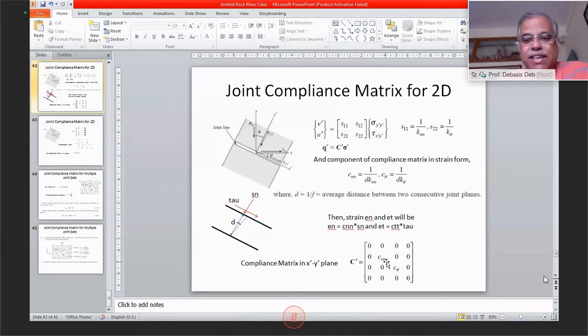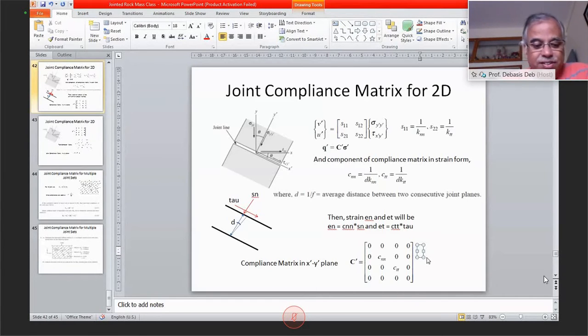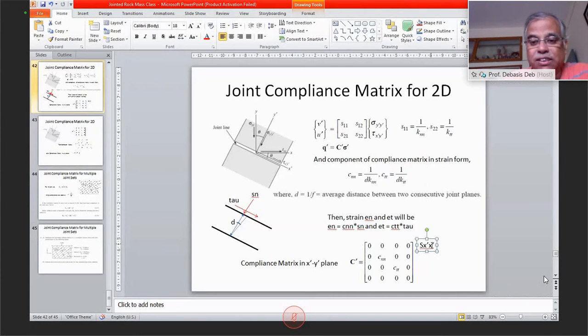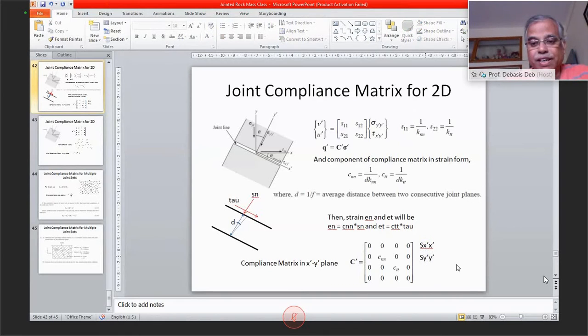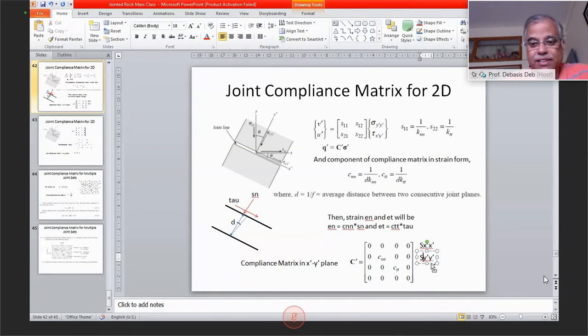See, we will write it there: sigma x dash, this is for this row. Then the second row is sigma y dash. Okay. Then the third row is